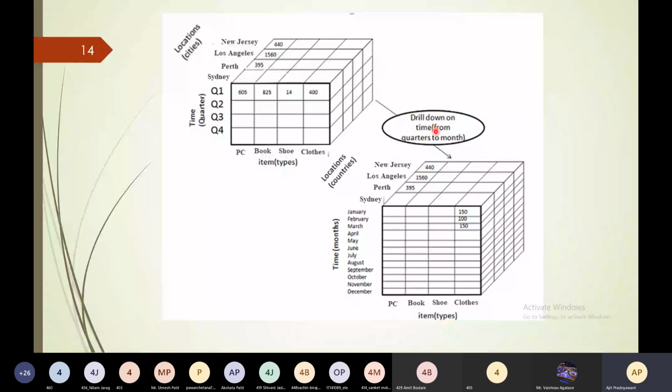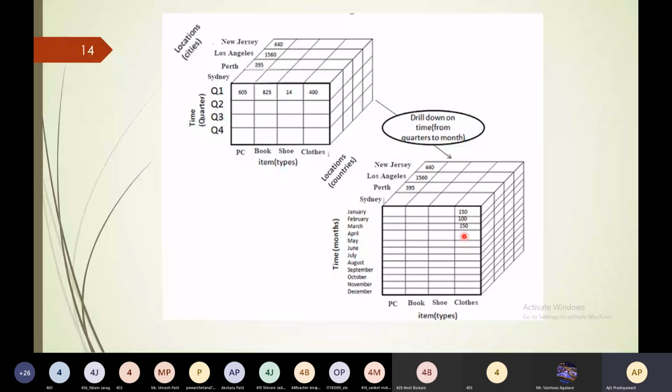You just drill down the time, quarter 1 to quarter 4, into January to December. And you can split this according to the values of the month. In the January month, 150 units of cloth sold in Sydney. Likewise, we can look at the data in a deeper way in the data cube.